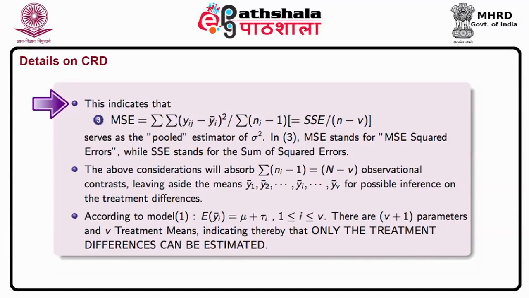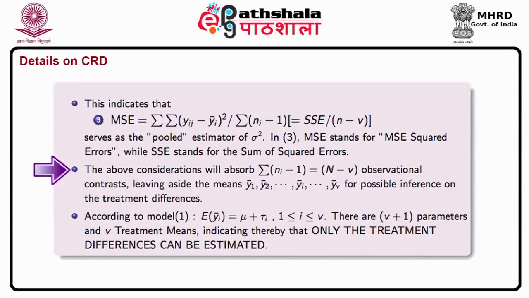And the MSE serves as the pooled estimator of sigma square. And in this expression 3, MSE stands for mean square error, and SSE stands for sum of squares of error. So the above considerations will absorb summation ni minus 1, which is equal to capital N minus v observational contrasts,